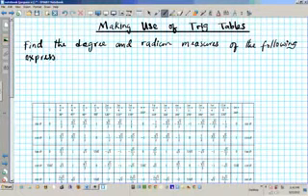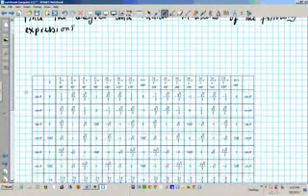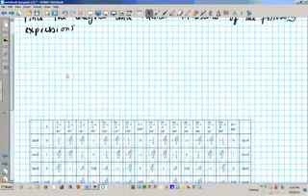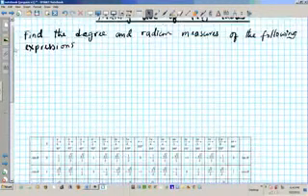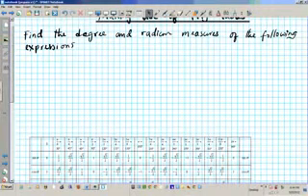Okay, all right, so I'm going to be making use of this table down here to evaluate the expressions that we are given. Let me shift it down a little bit. So number one, first one, we're going to work on